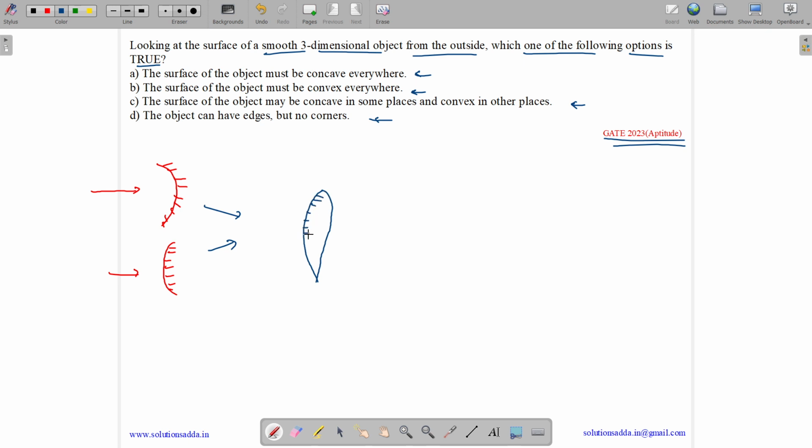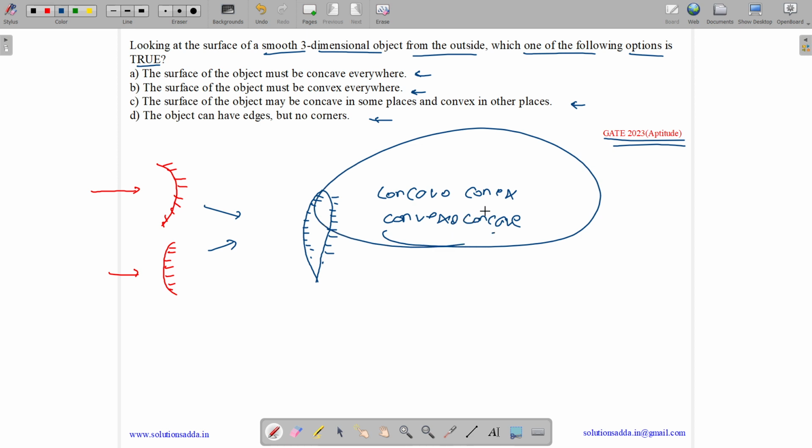Like this can be concave, this can be convex, and it can be like this. Okay, so we can basically combine the two lenses. So it can be either a concave or convex lens, or it can be a convexo concave lens based on how we combine these two lenses. Okay, now see, one of the sides is concave and the other side is convex. These concave and convex lenses, how are they formed?